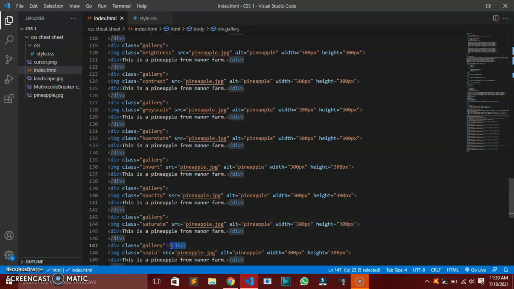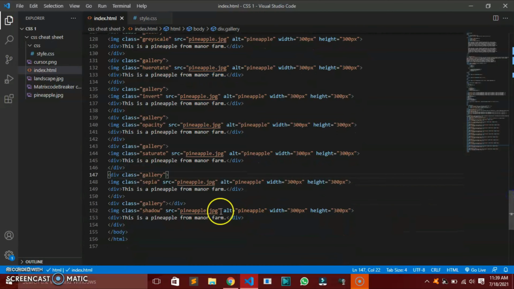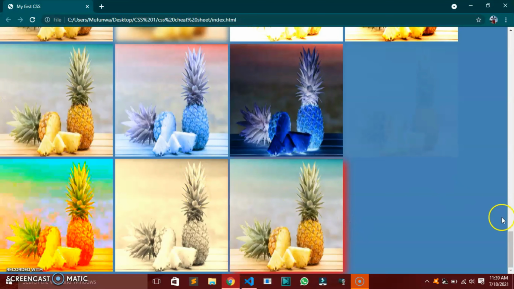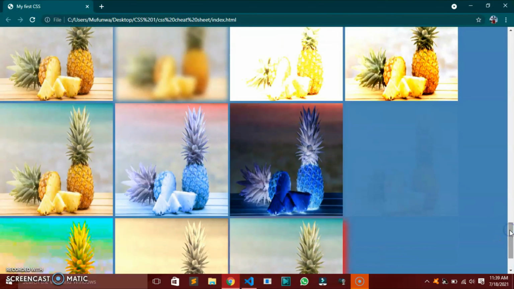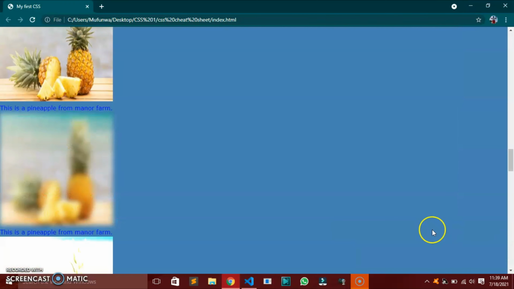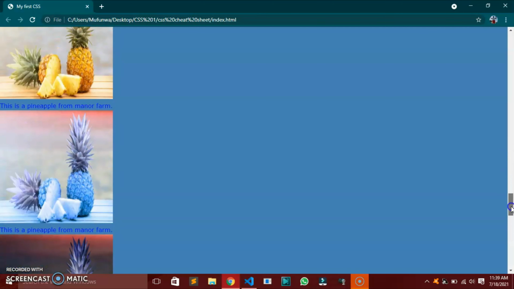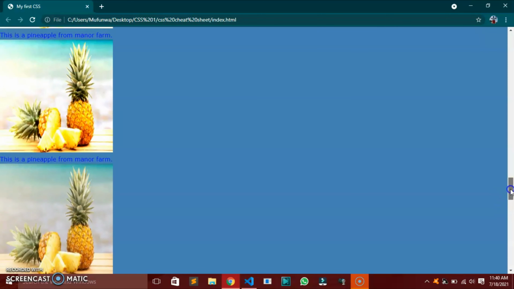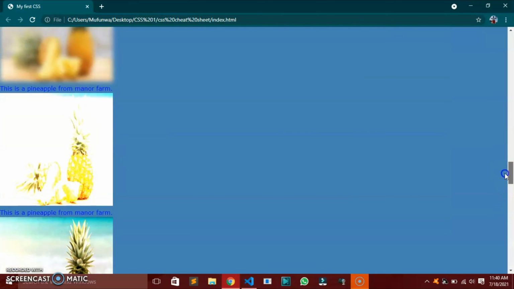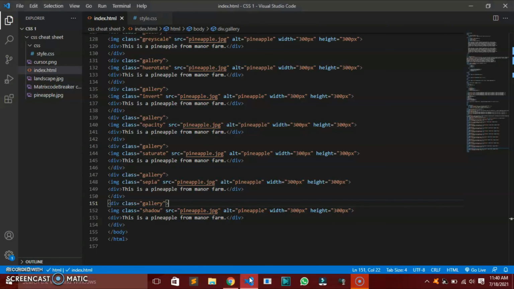So before we go ahead with any styling, we'll just go to the browser and see how it's looking so far. So I'll save this, and before I reload, you can see that the images are perfectly fine. And then as soon as I reload, you see now there's text under each and every image of the pineapple, and they became blocks, which means that nothing can be placed to the right of the image. So now to stop that from happening, we have to